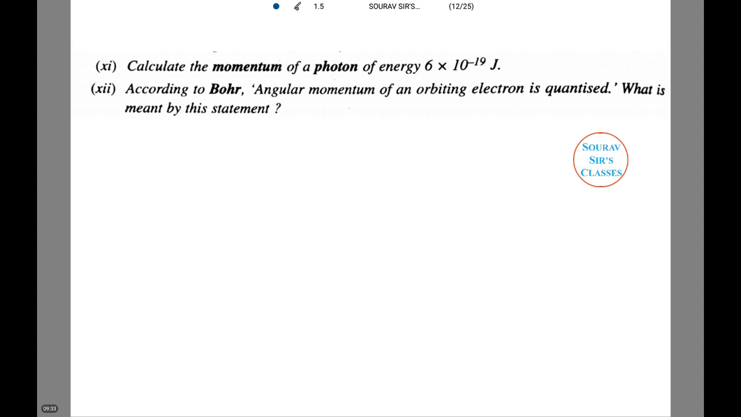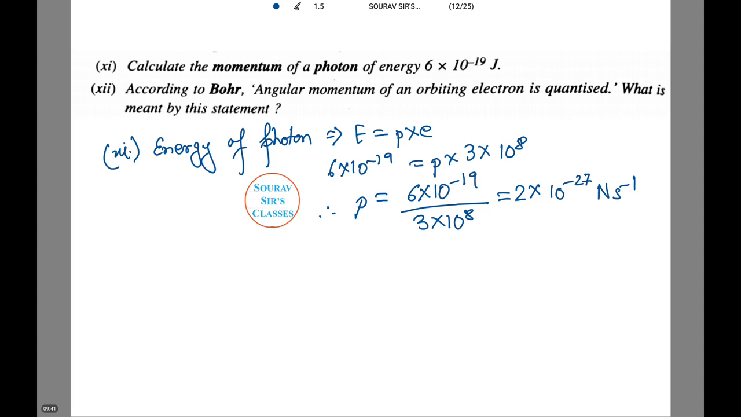In the first question, we need to calculate the momentum of a photon of energy 6 into 10 to the power minus 19 joules. Let's see how to do this. Energy of photon E equals p into c. We are given the value of E and we know the value of c. Therefore p equals 6 into 10 to the power minus 19 by 3 into 10 to the power 8, which equals 2 into 10 to the power minus 27